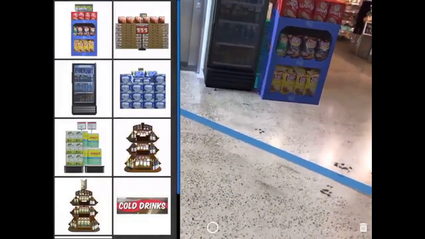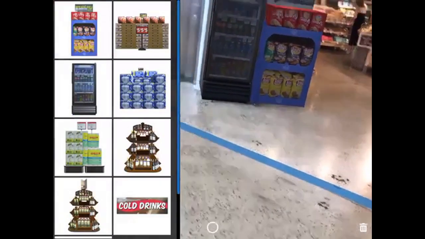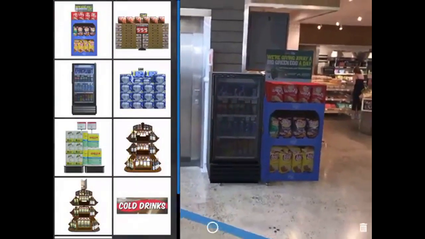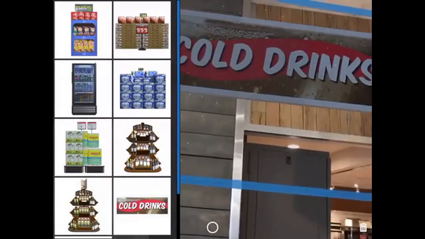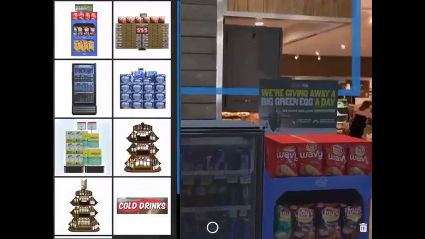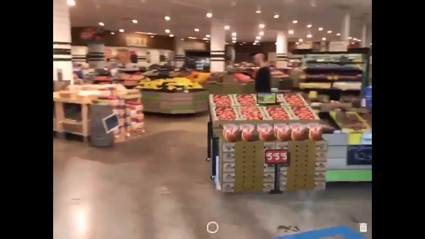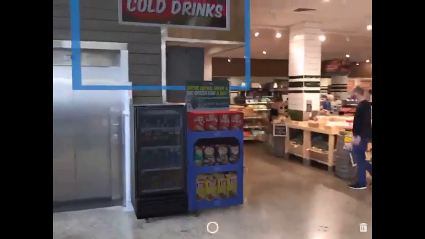We'll get a chip stand and put that next to it. Does that fit well and not prevent egress or anything? Yep, that looks pretty good. That'll fit just like that, and maybe we'll put some signage up on the ceiling here. I have one there. I'm going to place this, rotate it. It senses the surface, and I'm going to step back and admire all the quick work that I did. Yep, this looks pretty good, exactly what I want.